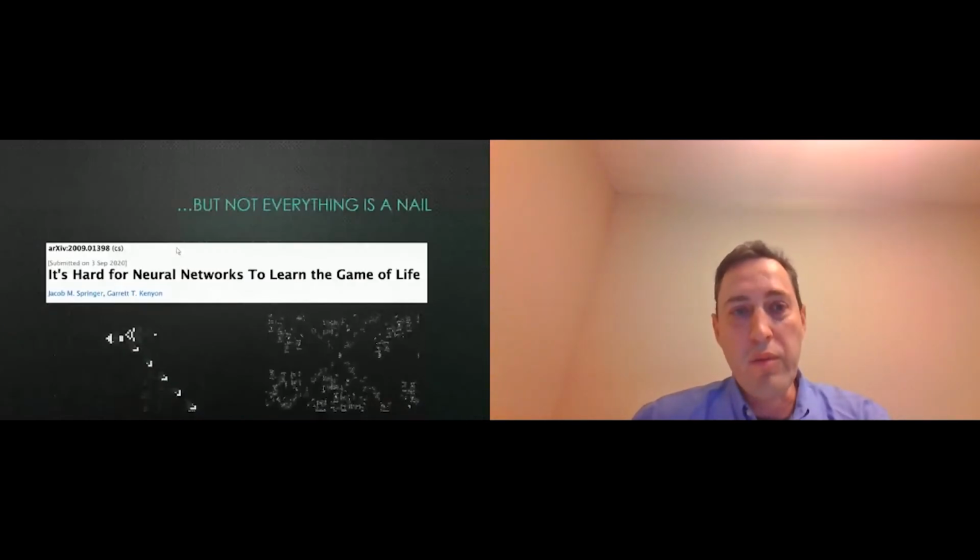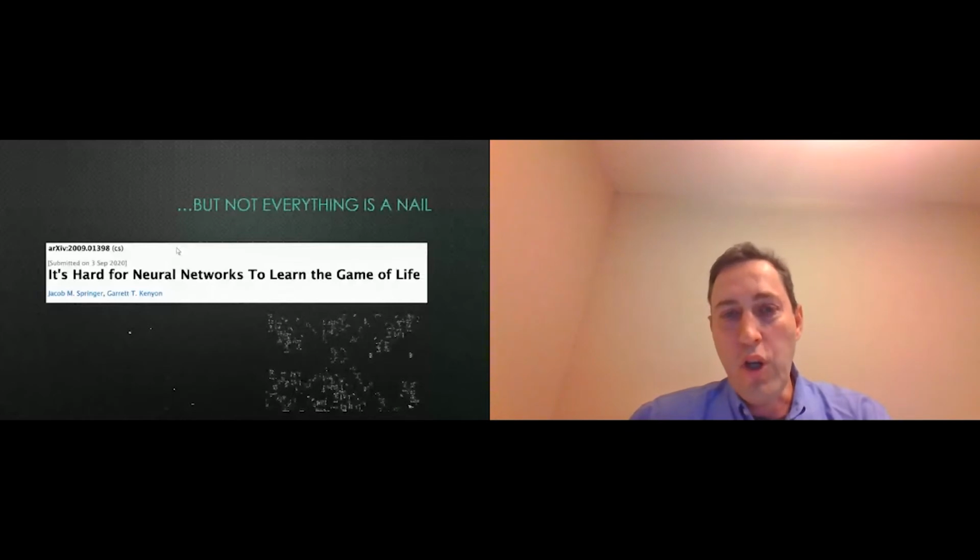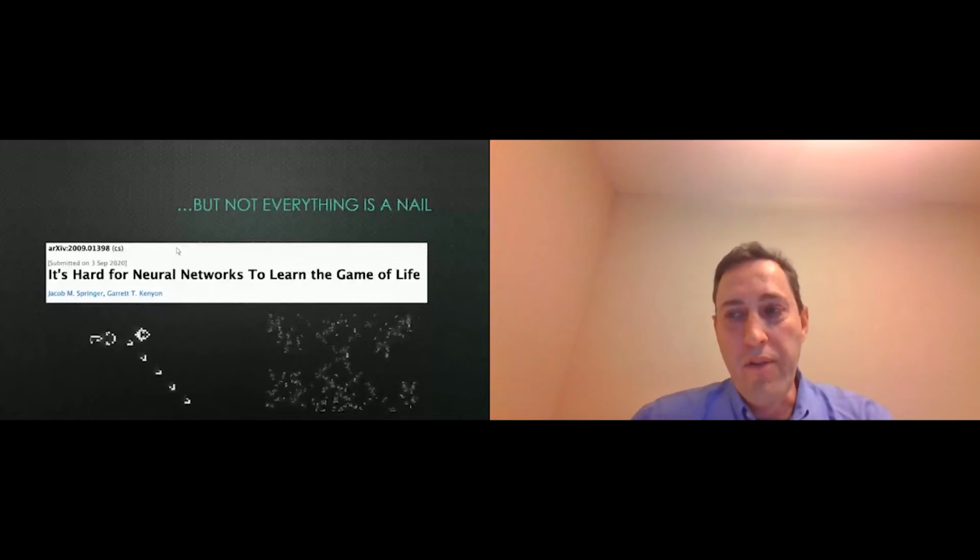So a fairly recent paper from September applies deep learning to a well-defined problem of predicting future configurations in the game of life. And the game of life, if you haven't heard, it's a fairly old invention of John Conway. You have a grid. In this grid, every cell is either alive or dead, and its status changes by deterministic rules in terms of whether neighboring cells are dead or alive. So if all the neighbors are alive, then the cell dies of, basically, overpopulation, and if all the neighboring cells are dead, then the cell dies of boredom because there are no other